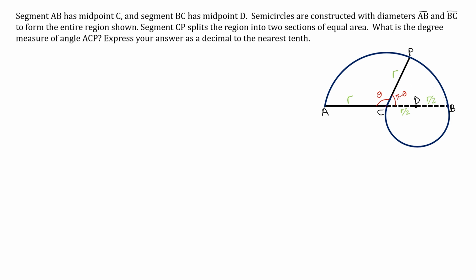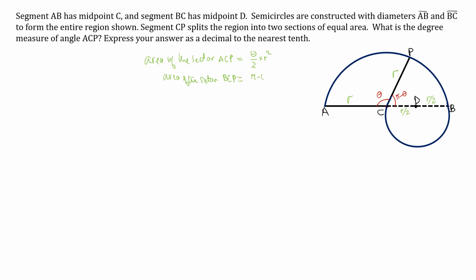So to write it, area of the sector ACP would equal theta out of 2 times r square, and area of the sector BCP